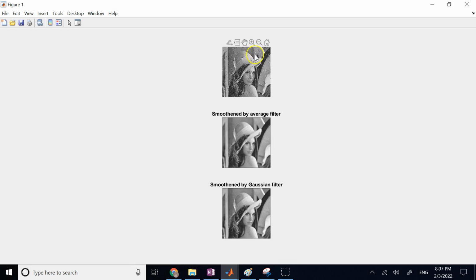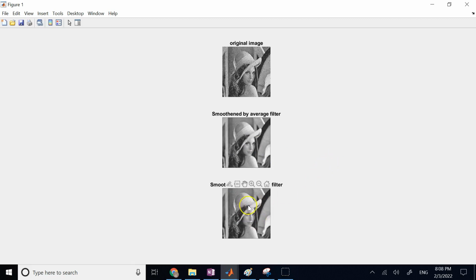And since the surrounding pixels are not corrupted by noise, they will dominate the center pixel, and they will make the final result better. Now, clearly, in general, for that kind of noise, the average might be better than the Gaussian, because in the average filter, the surrounding pixels that are not corrupted contribute equally to the center one that is corrupted, compared to the Gaussian, where the big guy is the center pixel, and the contribution of the surrounding is not going to cancel as much of the noise at the center compared to the average one. So each one of them might have their own application depending on the type of the noise that exists,